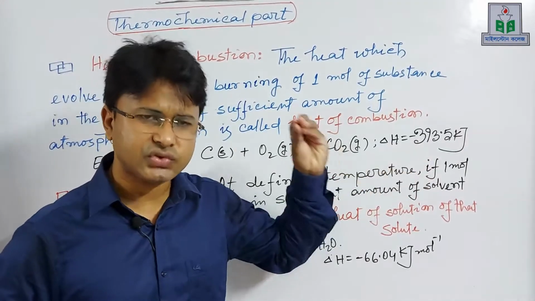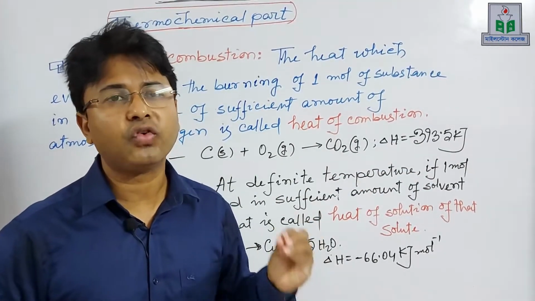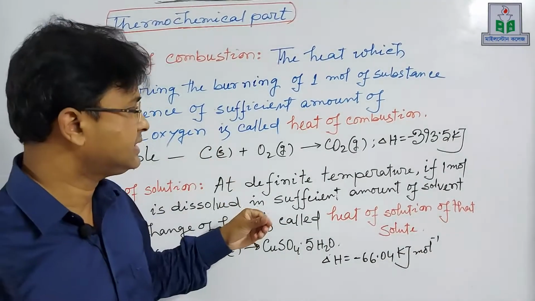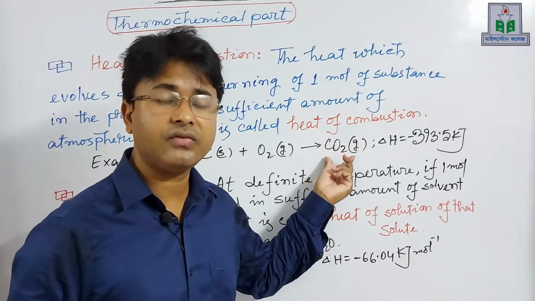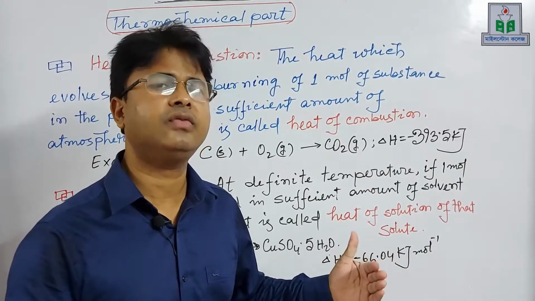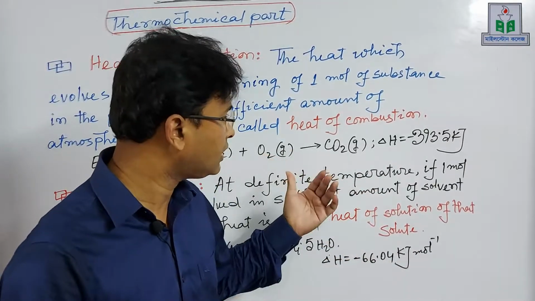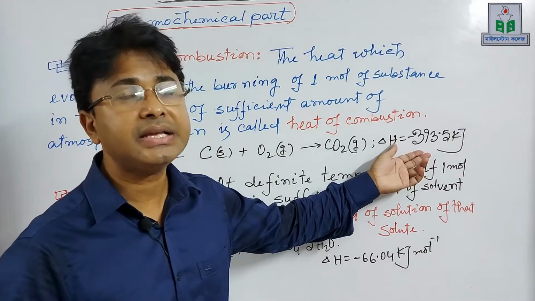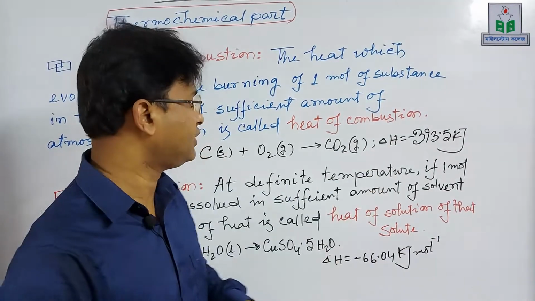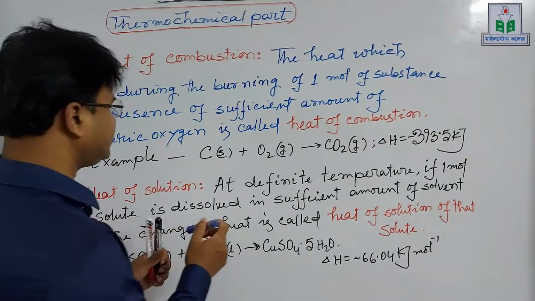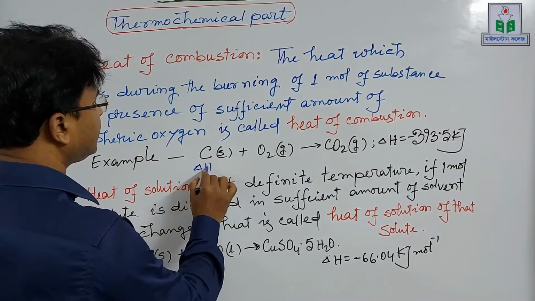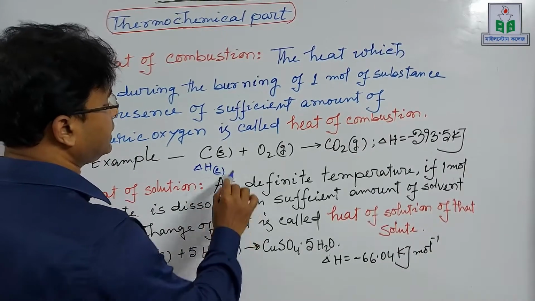Dear students, it is noted that heat of combustion of carbon and heat of formation of carbon dioxide are the same, and the value of delta H is also the same, I mean minus 393.5 kilojoule. I can write here heat of combustion delta HC